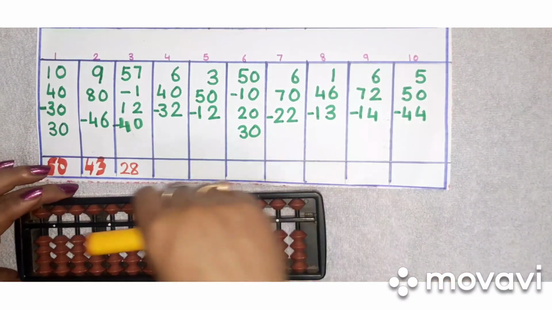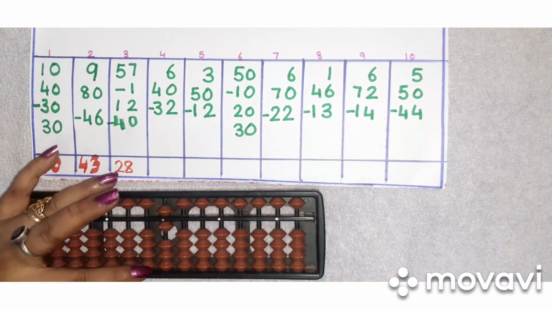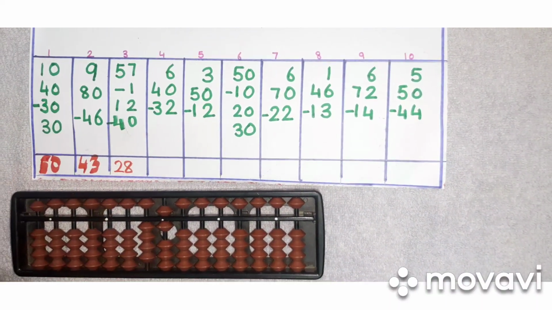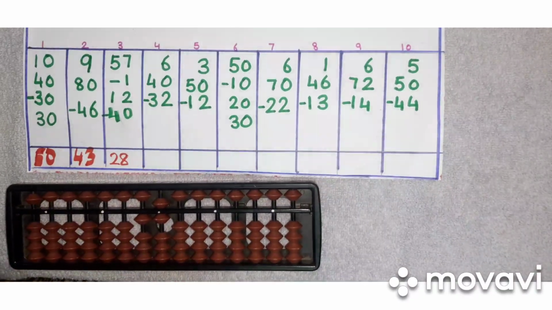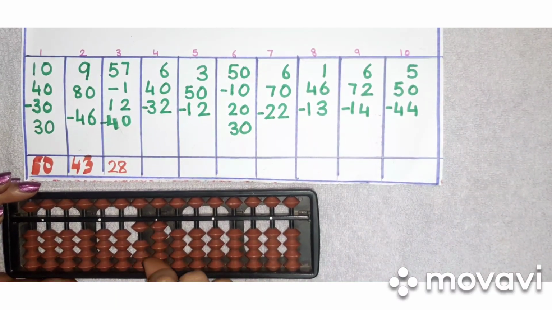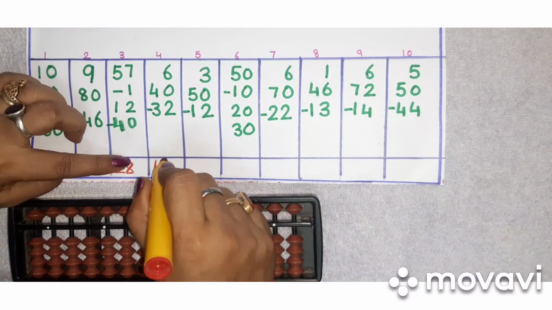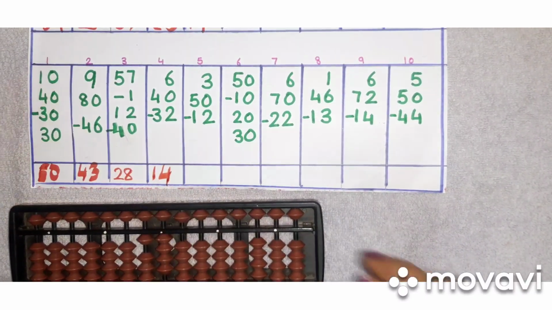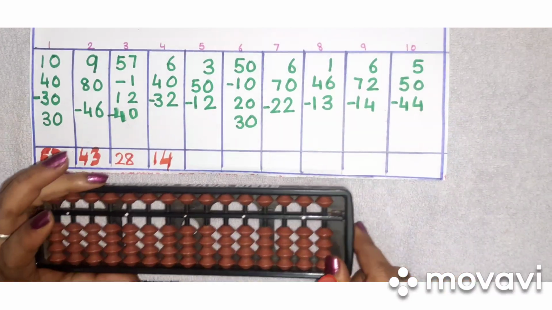Now let's go to the fourth one. It's 6. So we are going to print 6. 40 we are going to push directly 40. Less 30 was directly, children, but 2. So 2's friend is 3. So less your boss 5, add your friend 3. So our answer is how much, children, now? 1, 4, 14.